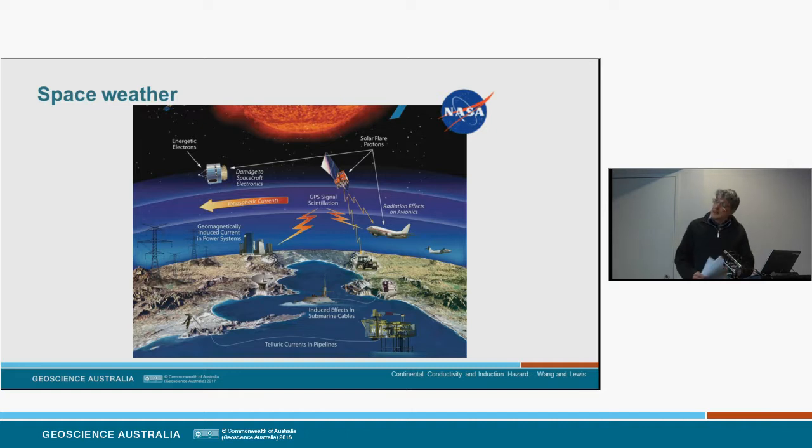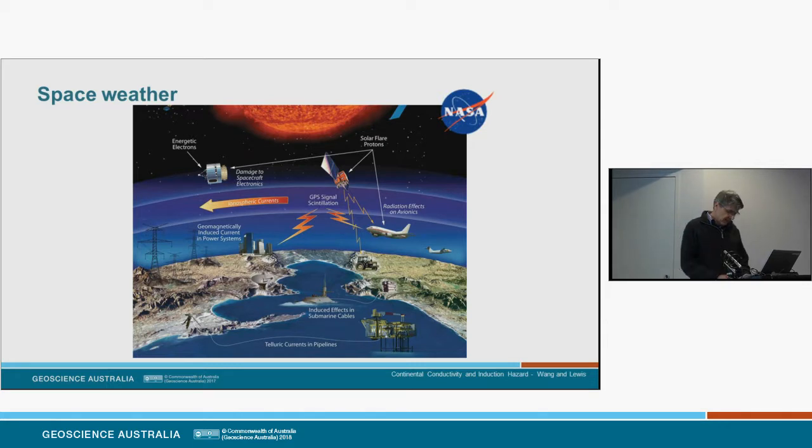So that's the model, and that brings me to the second part of the talk today, where I'll be discussing another important application of Earth conductivity, and that's in the study of space weather and geomagnetic induction hazard. So space weather is primarily caused by activity on the sun, and it's the source of really quite an impressive range of hazards to us here on Earth, including most geomagnetic rapid variations and geomagnetic storms.